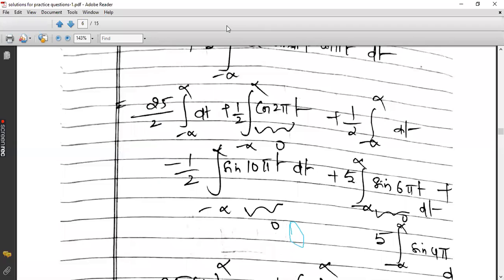But when you consider these 2 terms, still the limit is minus infinity to infinity, isn't it? So when any integral has the limit from minus infinity to infinity, the answer will be infinity only. Clear? All the other terms comprise sine and cosine terms, and assuming the integral is performed over a full cycle, you can consider it as 0. So the other 2 terms will lead to infinity. So infinity plus 0 is nothing but infinity only. So energy will become infinity.